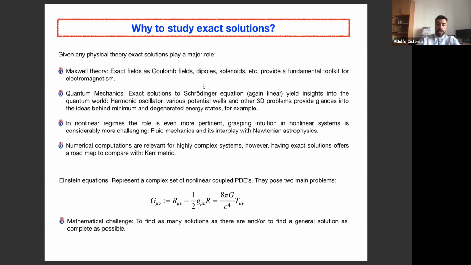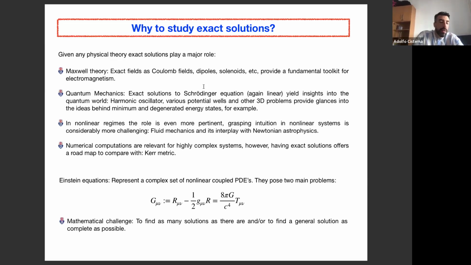An example of this is the Kerr solution, which is the most important exact solution we have at hand from an astrophysical point of view. Many computations done in astrophysics when colliding stars or whatever are based a little bit on the Kerr metric. So many people are working on modifications of the Kerr metric in order to describe more relevant, more complex astrophysical situations. Without having Kerr, an exact solution that took a lot of time to be found, this would be very difficult. So it's important to have exact solutions at hand in any gravity theory we are looking at.